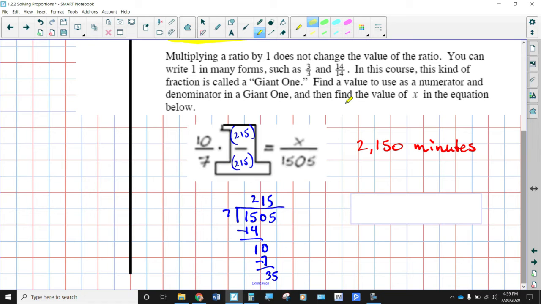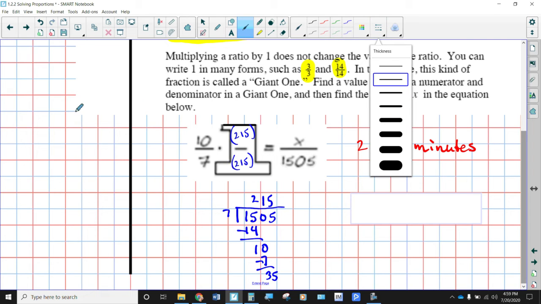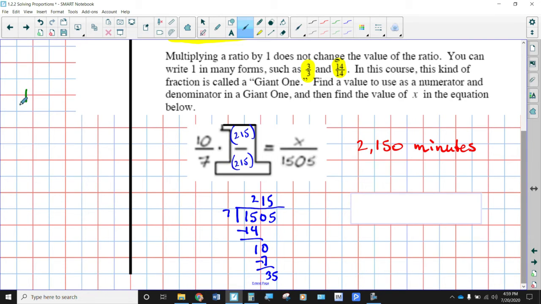And if you're new to our school this year and you've never heard of the giant 1, it is what you get when you write a fraction where the numerator and denominator are exactly the same thing. And this particular program calls it the giant 1 because whenever you multiply anything times 1, it's always equal to itself. So if I take the fraction 1 over 2 and I multiply it times 1, I'm going to get